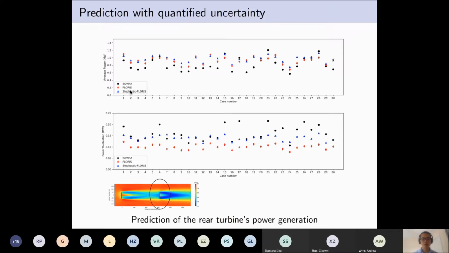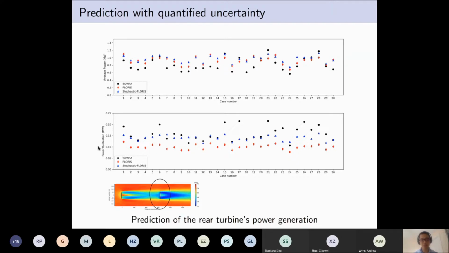Here the first figure is the average power, and the bottom figure is the power fluctuation. We can see the FLORIS with quantified uncertainty matches the SOWFA results much better than the original FLORIS, especially for the power fluctuation predictions.